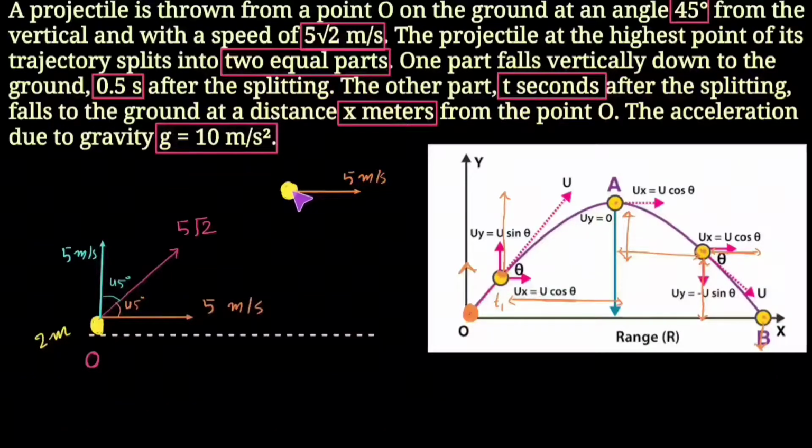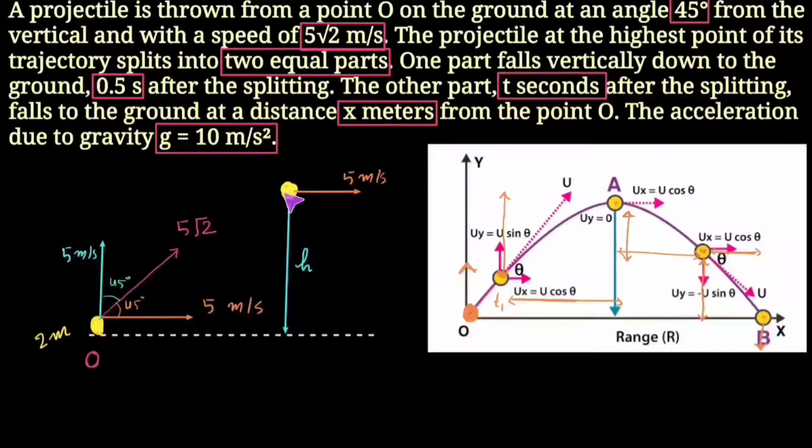So this is the highest point of the projectile, and we know that this highest point is being achieved by this projectile due to the presence of this vertical component of the velocity. So its altitude, whatever its value is, we don't know right now, has been achieved due to the presence of its vertical component of the velocity. So let's say the total height achieved by this projectile is h.